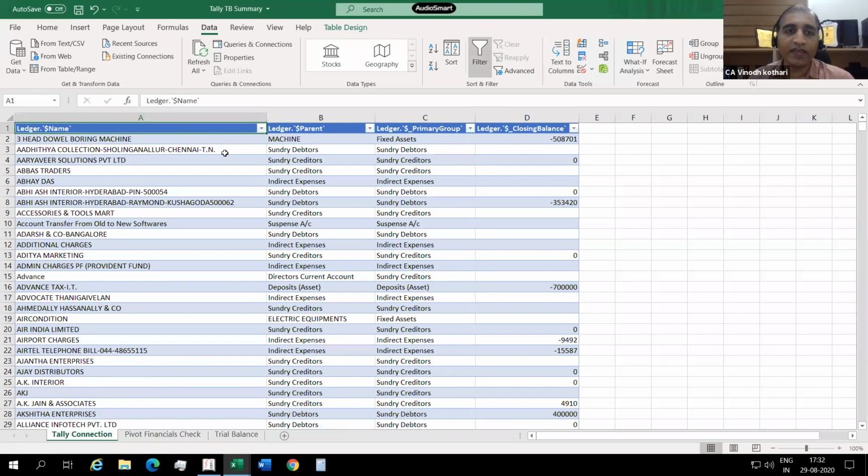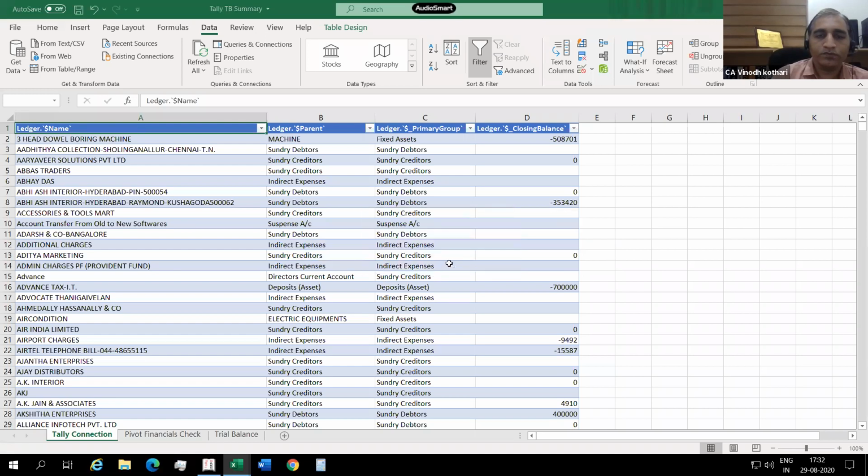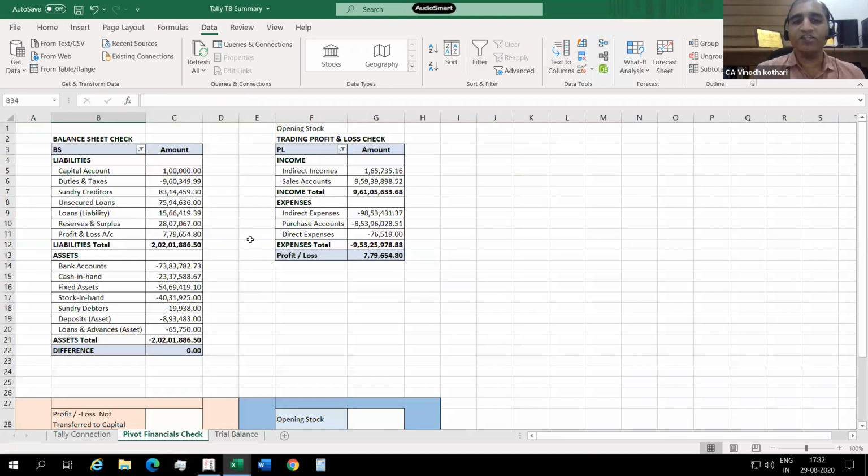So what I'm going to do is refresh my data. I select refresh all. Here some other company data is there, and I'm updating it with the current data. Okay, there is some connectivity problem. I don't know, from morning some issue has been going on in my system. Once I refresh, this data is going to get activated. Automatically, this will update the trial balance, and then automatically this will update the financial statement.